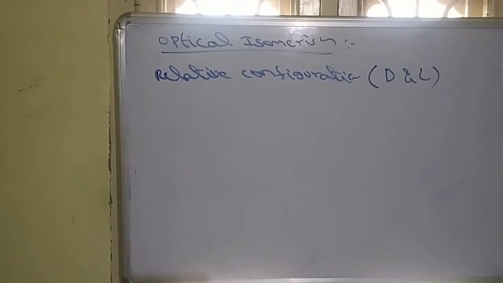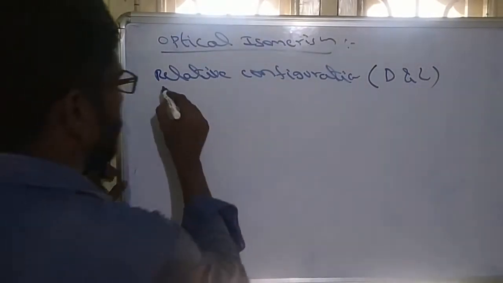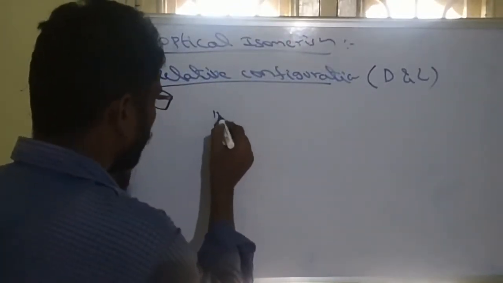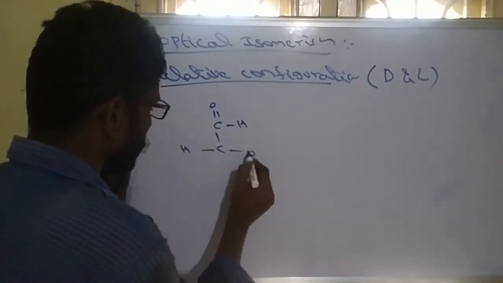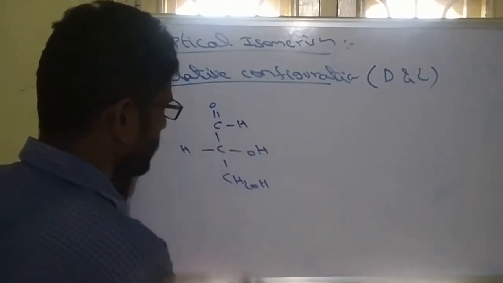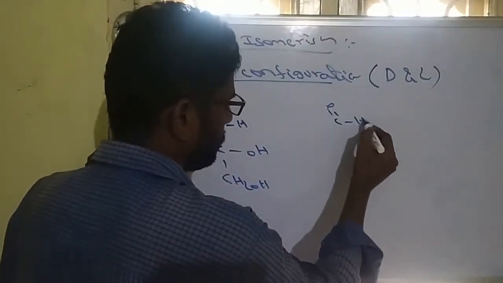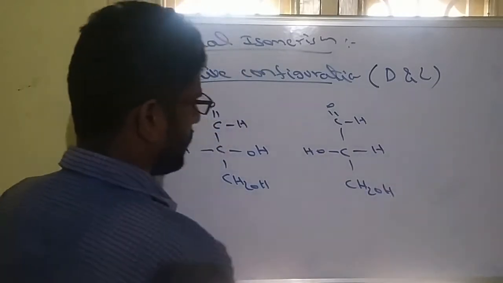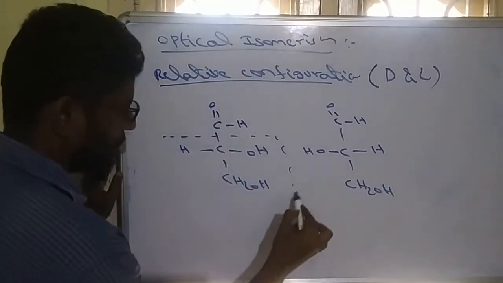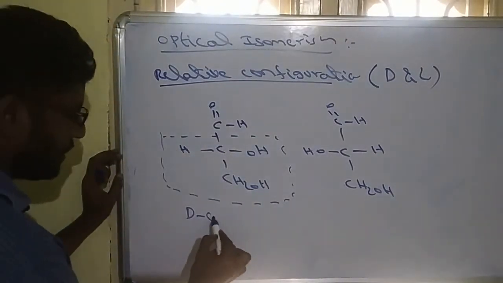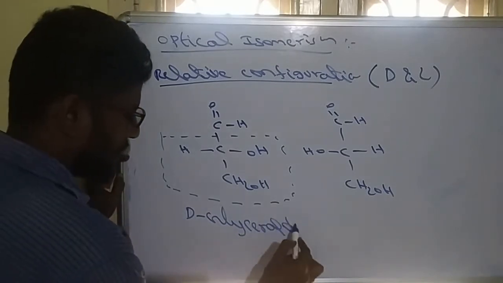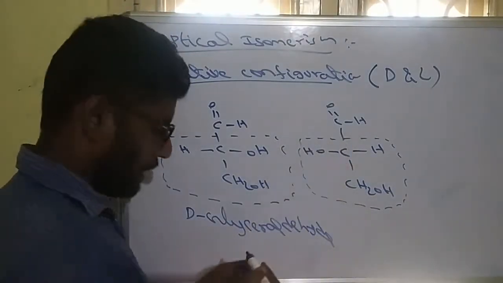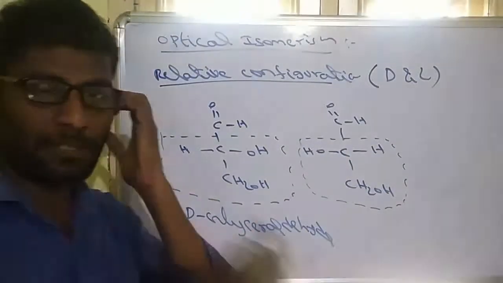In relative configuration, to identify whether a molecule is D or L, we use a reference compound. The reference compounds are glyceraldehyde. So this is D-glyceraldehyde, and this is L-glyceraldehyde. This is the reference part. If any molecule is given, asking which is a D isomer or L isomer,